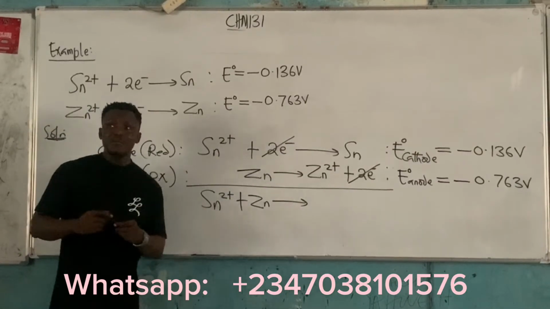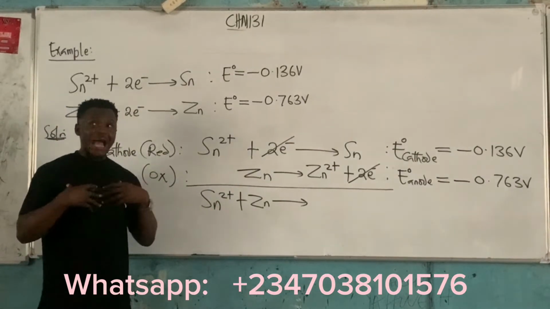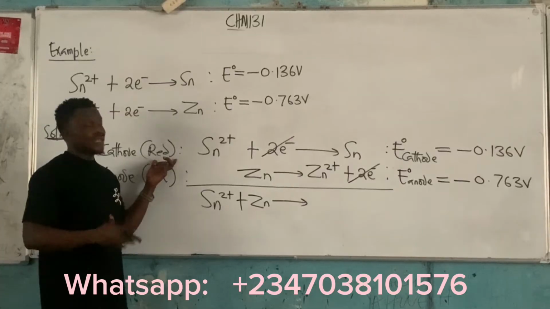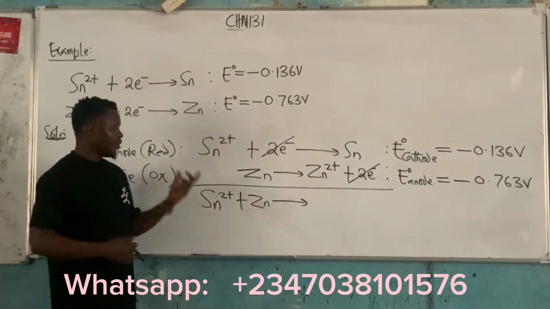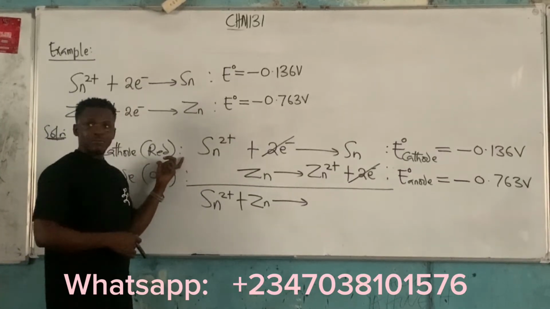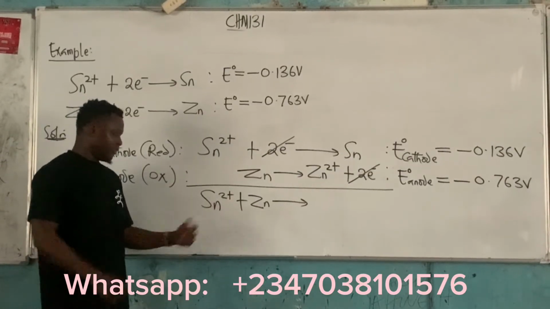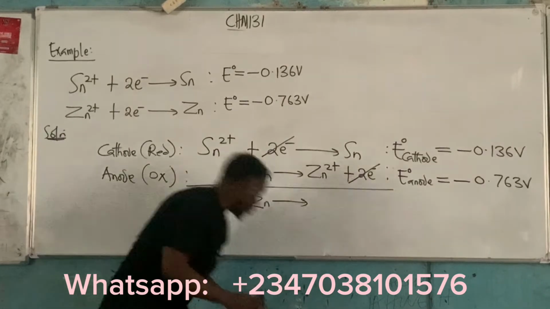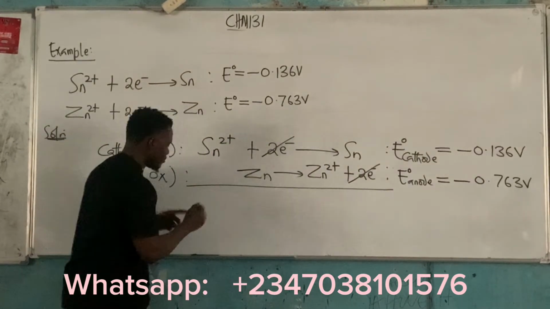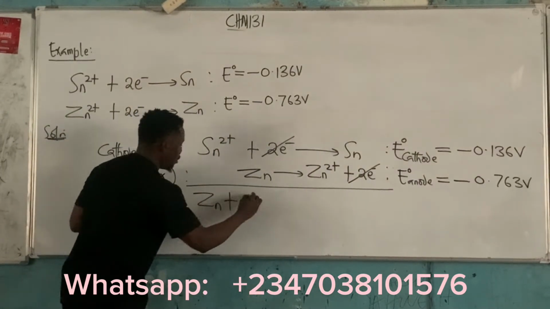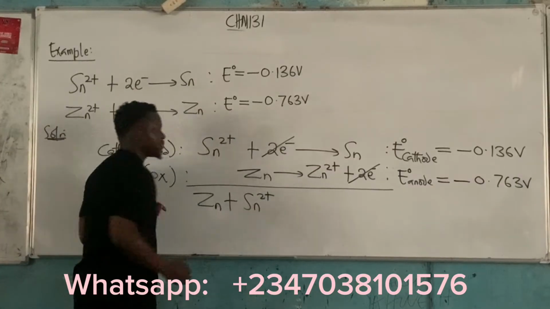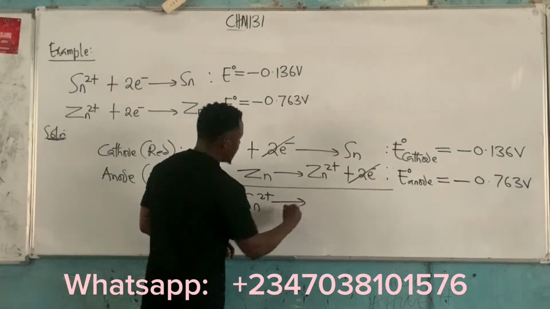Please, like I said, it's not a must. I always like starting with reduction. If you check all my classes, reduction is always written first. But if you check their notes, they always give oxidation first because this zinc is supposed to come before this one. So I can equally do it as well. We have zinc plus Sn 2 plus, giving me